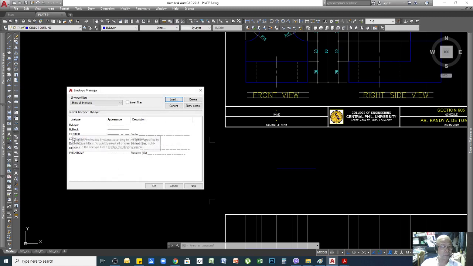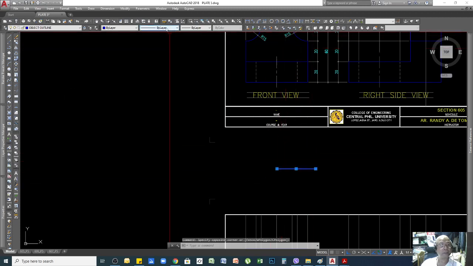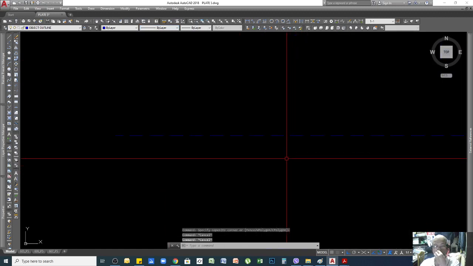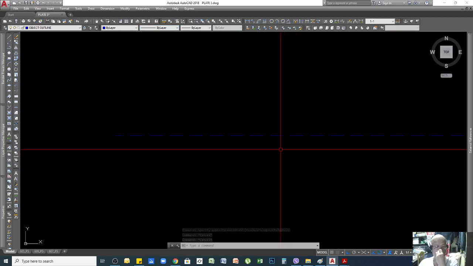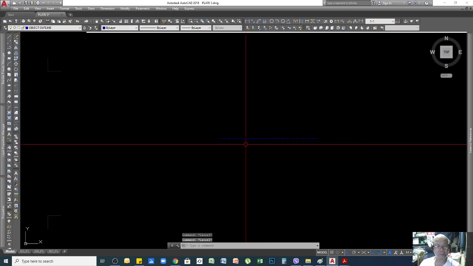So you see that the dust type of line is already downloaded here or included here. So all I need to do is just press okay, and then I can click my object here, and then I can go to this line type, wherein I will look for that dust line. So it's already here, so I click this one, and then basically my line will change. Okay, so the dust line is similar to the hidden line.